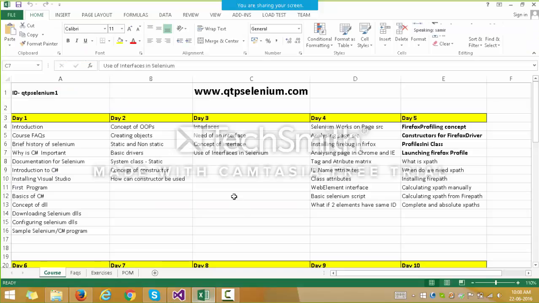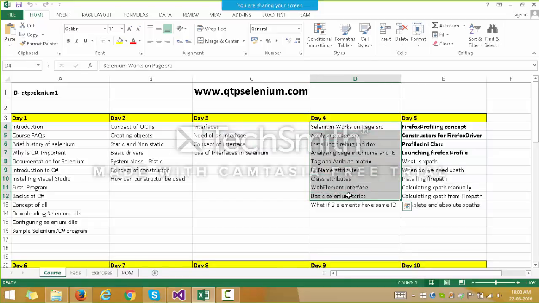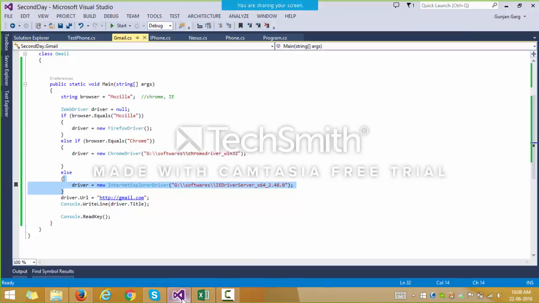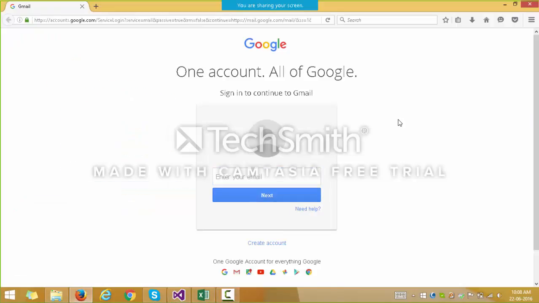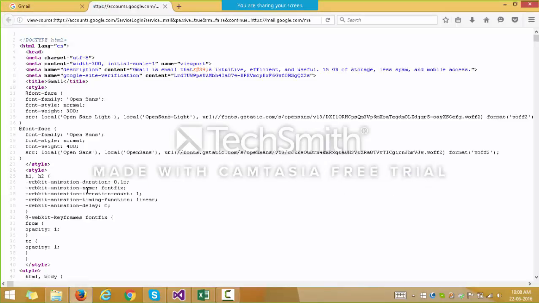Okay, so now we are done with the topic of interface. Now let's move towards object identification in Selenium, that is, how you can identify the objects. Now, as we know, Selenium works on the page source. In a website, for example, if I consider the page source of the gmail.com website,